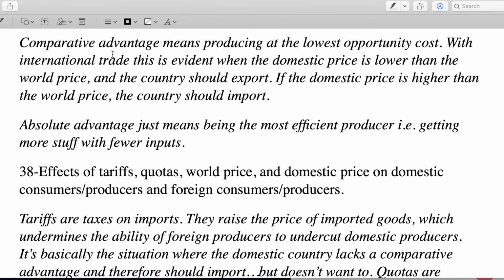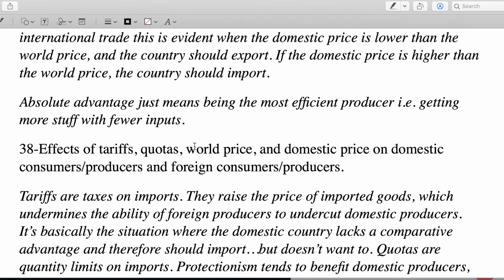So relevant for international trade, if the domestic price is below the world price, that country has a comparative advantage in that good and then ought to export. If the domestic price is above the world price, then the country lacks a comparative advantage and ought to import. Ultimately, there's winners and losers. We'd expect with free trade, the winners are going to win more than the losers lose. And so we'd expect that trade is ultimately, overall, making both economies better off, although certainly there can be costs and losses.